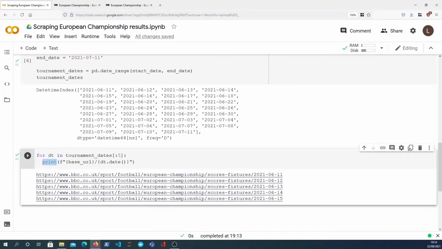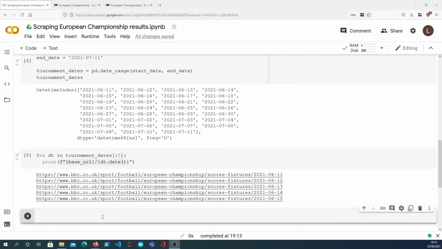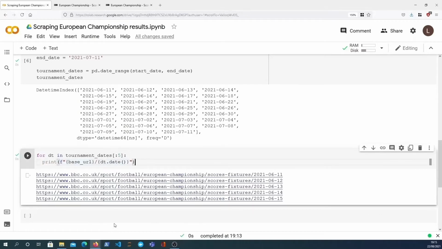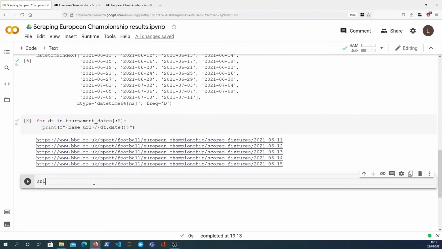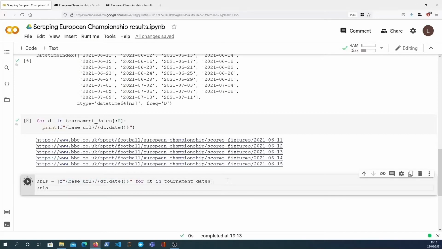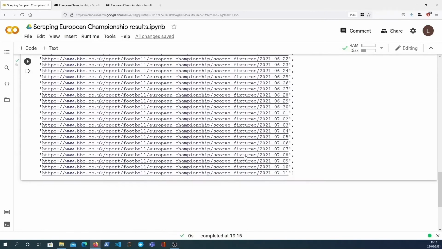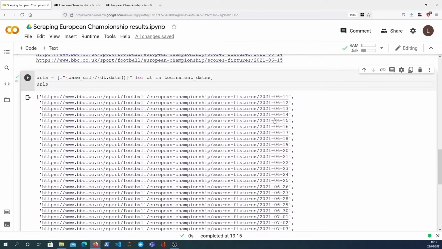So that's the next step in this video. Now that we have the expression we need here, let's construct all the URLs we need from that. We'll do a list comprehension, and we'll copy that expression in there, and for each date in the tournament dates we will create that URL, composing that URL from that. If we look at the URLs, we'll get back all the URLs from the beginning up until the end